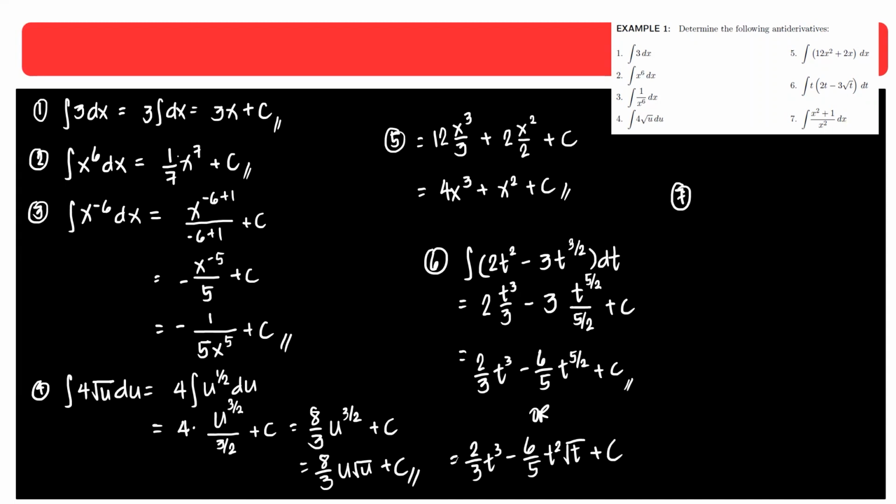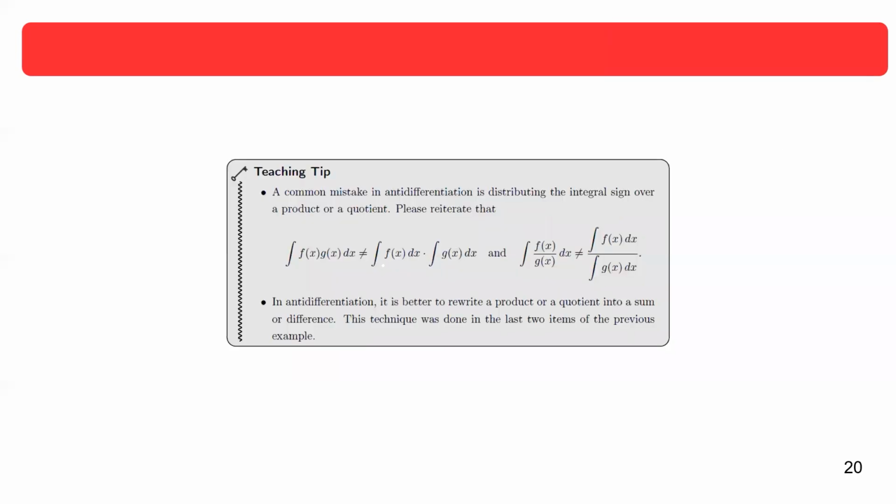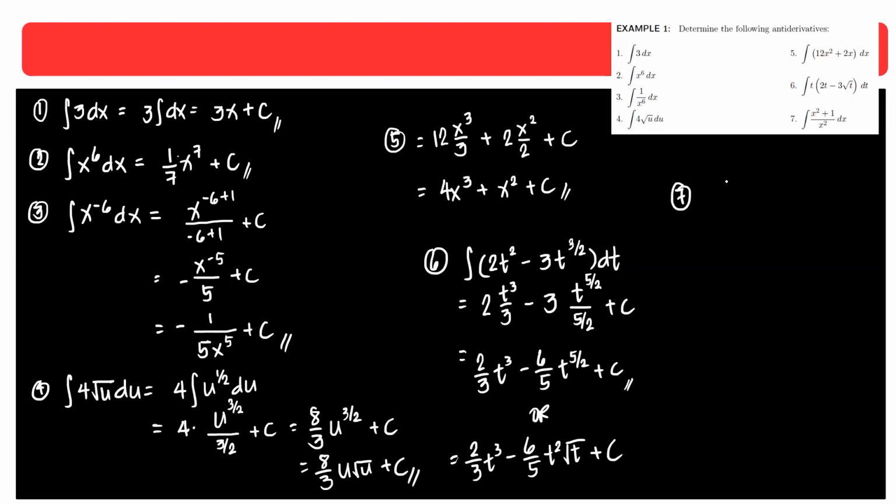Sige, number 7. For number 7, guys, as I said, diba, just like one of the rules here, you can't just apply the integral. So what you do here is simplify them. That becomes 1 over x squared dx. Sige, answer number 7, please. Sige, the integral of 1. Let's rewrite that first. You know that the integral of 1 is simply x. No problem with that. So, what's the integral of this one?